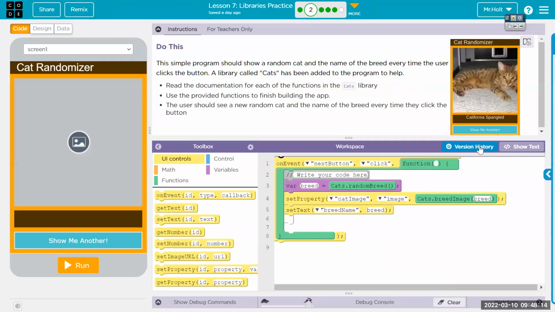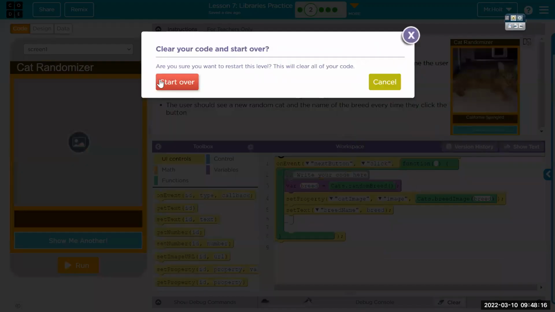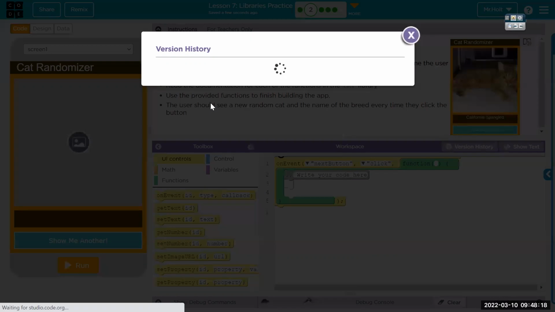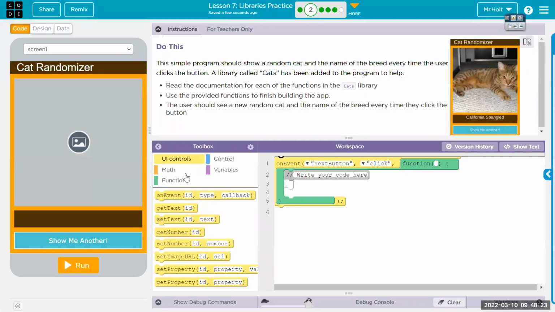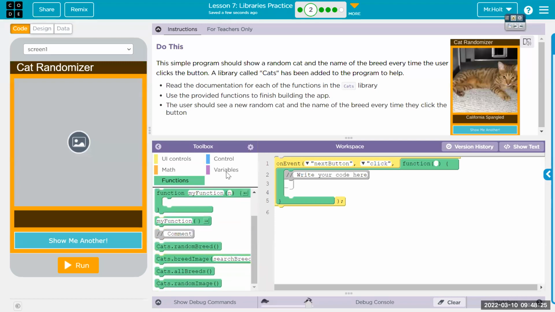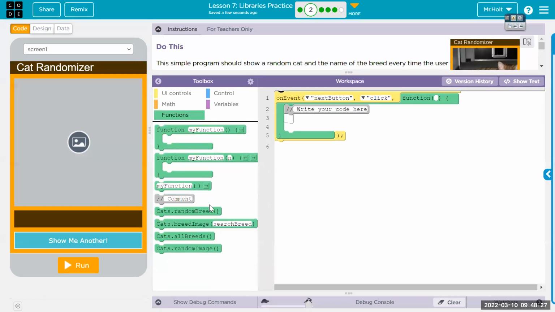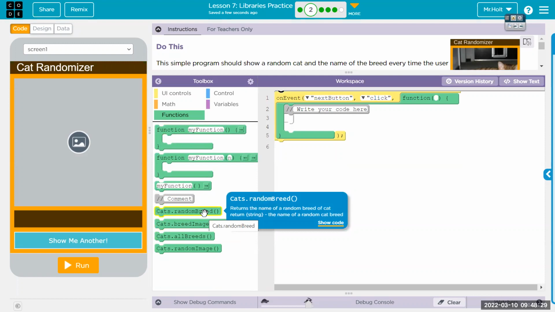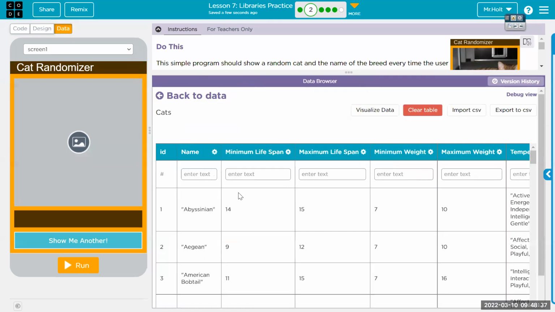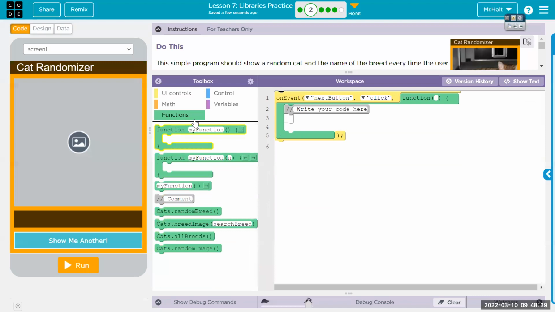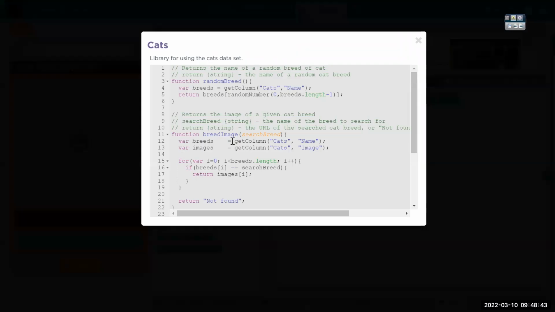All right, bubble 2. What do we get for this? First, let's take a look at the functions drawer, and we get some cat functions: cats.random breed, breed image, all breeds, and random image. Do we already have the tables loaded? Yes, we already have the tables loaded. Let's take a look at the library itself, the cats library,